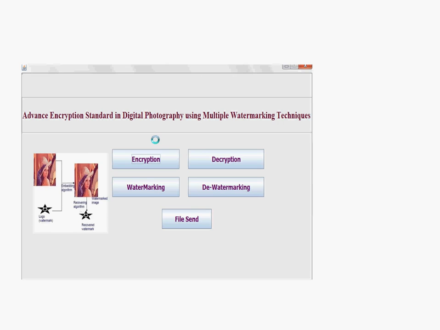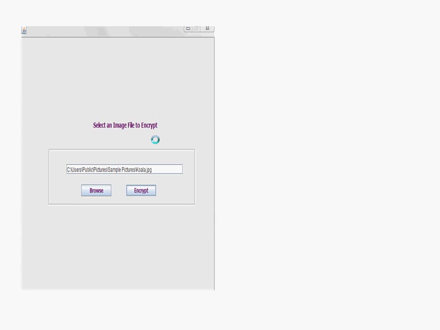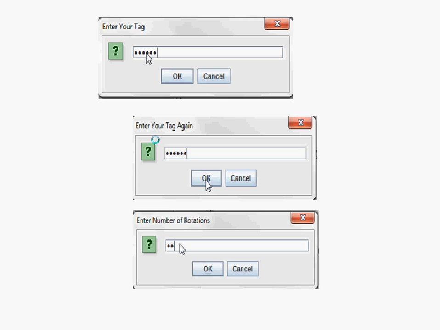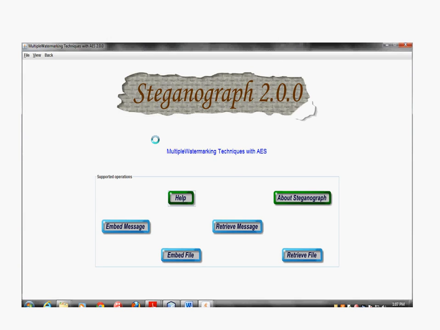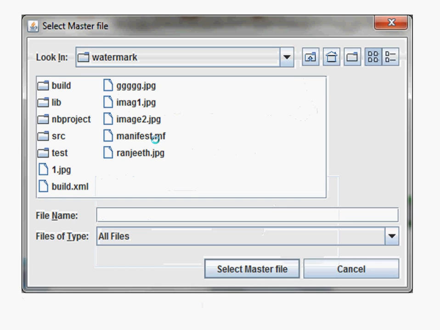We first give the encryption and browse the file for encrypting the image, and we give the two tag values and the number of rotations. Now we give another name for the output encrypted file. It is stored in our system, and encryption is finished. And after that we choose any of the embedded files. We choose the master file,